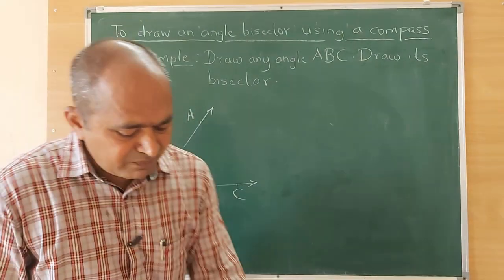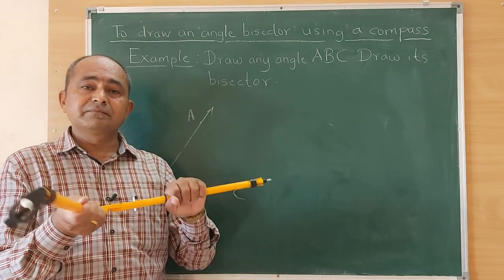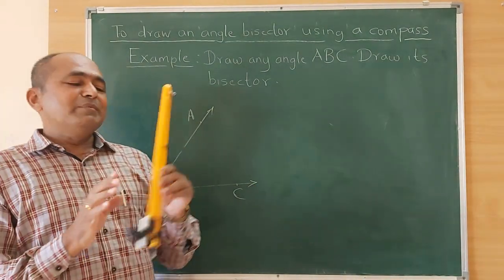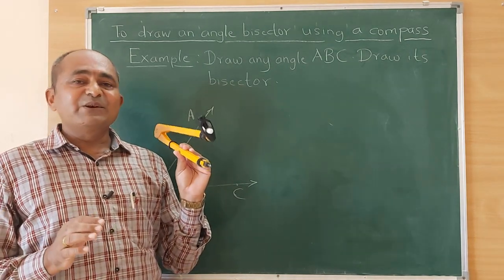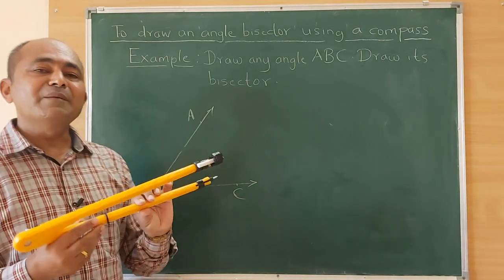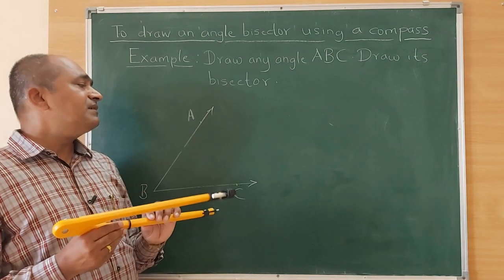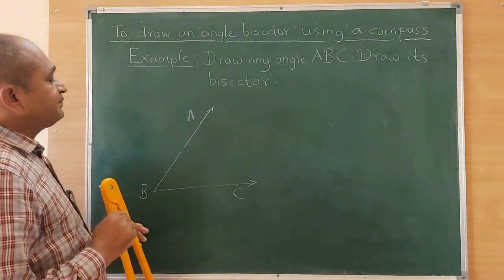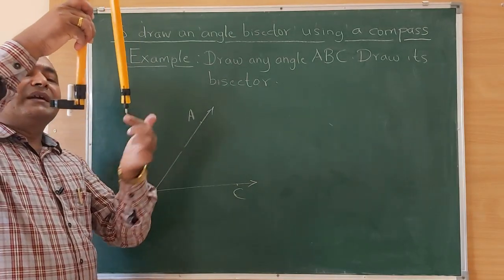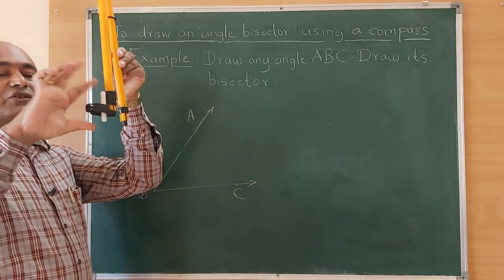So in the same way, I also have something with me. What is this? Oh, jokes apart. This is not a gun, but this is a compass. This is also a compass used by teachers as a teaching aid. This is a bigger compass because it is used by us teachers as a teaching aid. This compass also has two arms. One is a metal tip, and to the other arm, instead of a pencil, I have fixed a chalk piece.